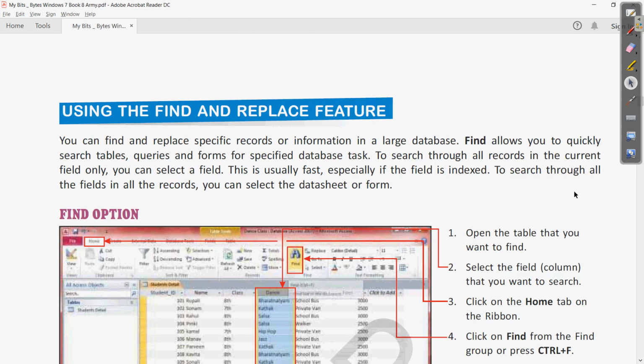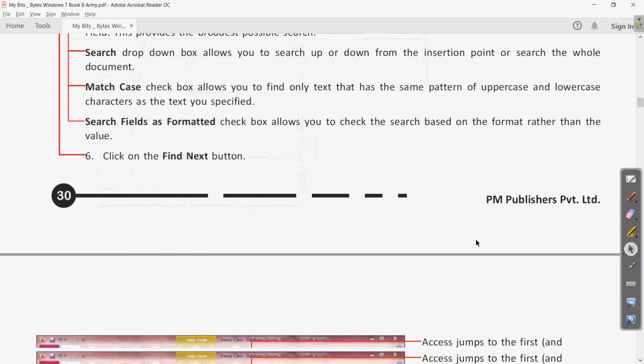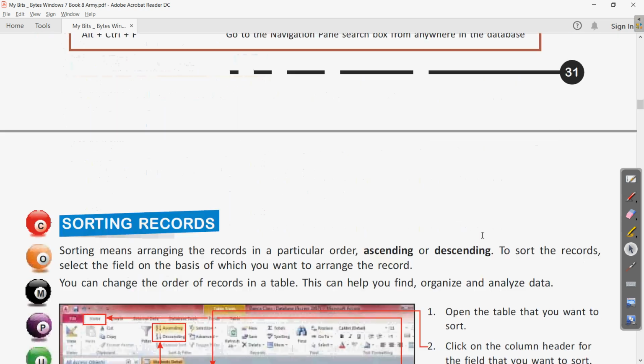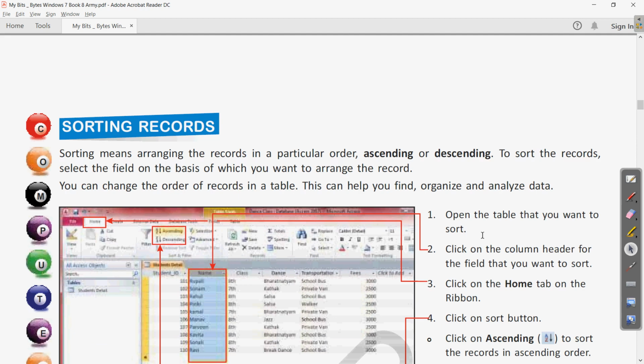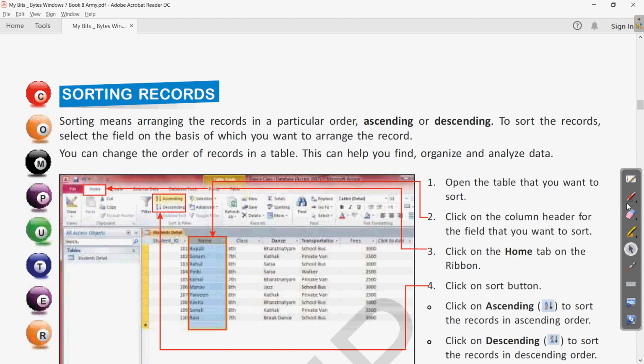So if we come to the book once again, here we are. Let us scroll down to the next page. I think it is, yes, here it is on page number 32. Page number 32, we can see sorting. So what is the answer of this?